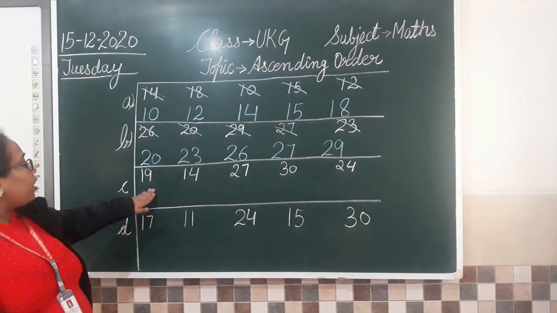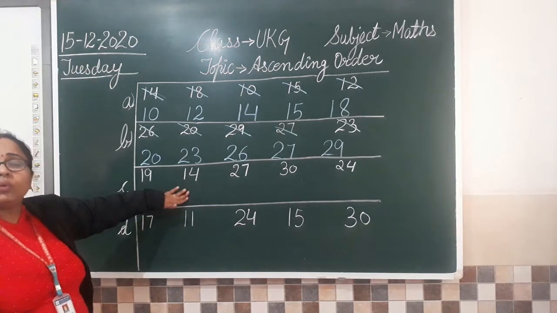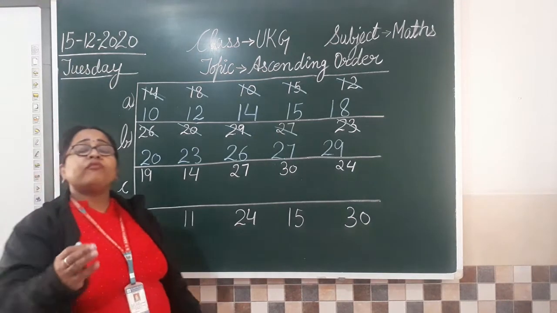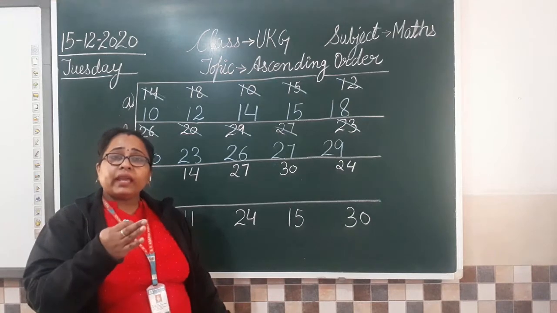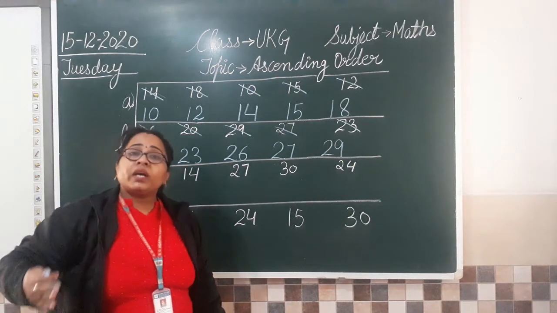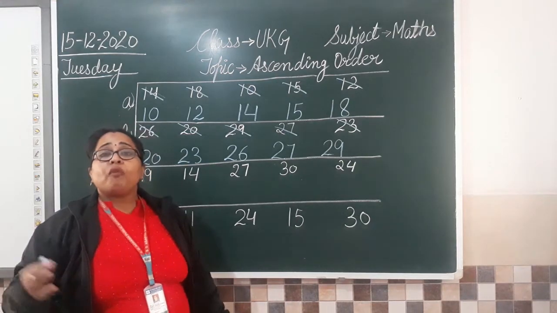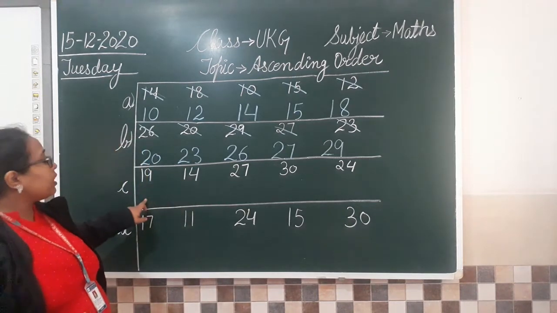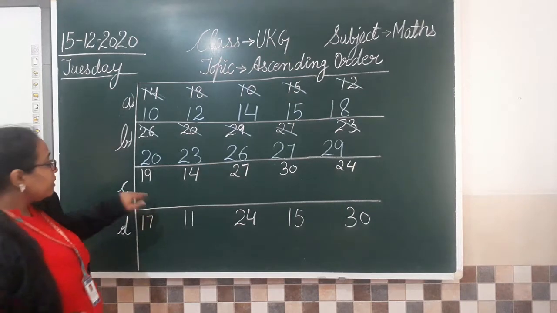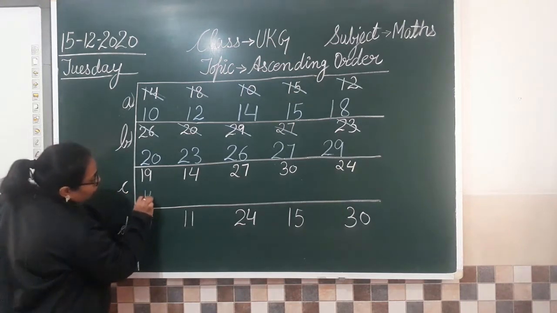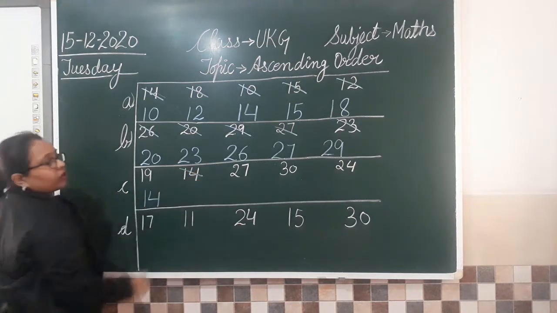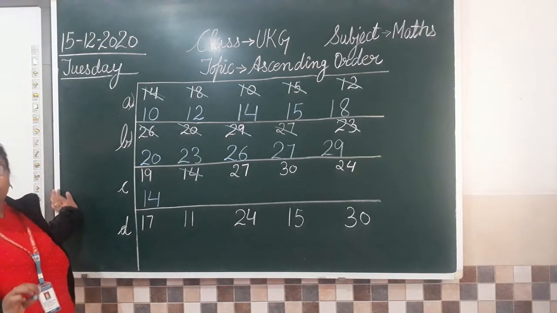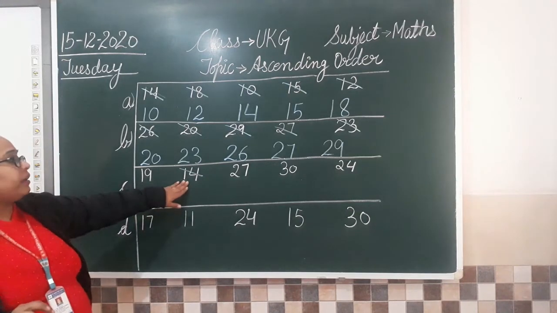So देखो single digit तो है नहीं. So what we can do? We can say our counting from 10 onwards. 10, 11, 12, 13, 14. Yes, we have 14 here. So that means 14 will come first. Isn't it? So what we are going to do? We'll write 14 and we'll cut it from here. 14 लिखा और यहाँ से cut कर दिया.